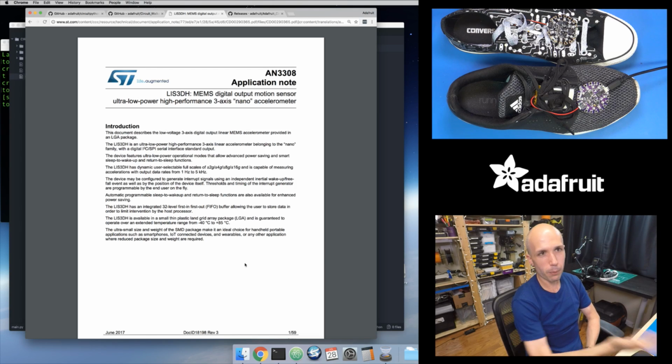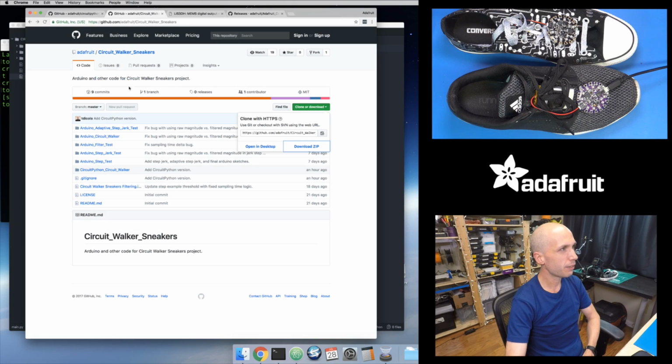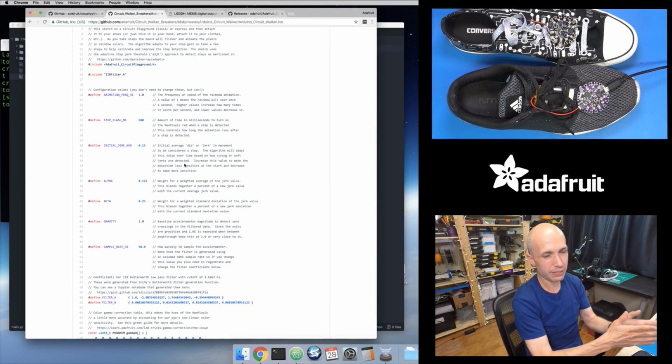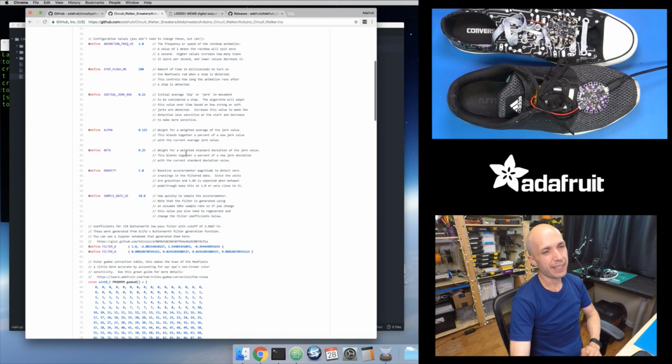Now you might be wondering, okay, why can't I just take that Arduino code? In fact, if we go back to the Circuit Walker sneaker repository, this Arduino Circuit Walker sketch is the Arduino version of it. So you might wonder naturally, if I want to convert this to CircuitPython, why don't I just take this code and convert the Arduino syntax into Python syntax? You could do that, but you would run into some trouble because, and what I really wanted to show with a lot of these projects is that with Python running on a microcontroller, you have more constraints